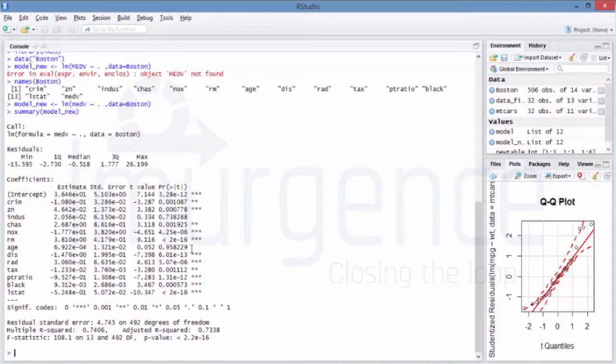So you just have to keep on writing these equations in this form. For example, in this case, what I'm writing on the screen, it will be like MEDV is equal to 36.46 minus 0.108 times crim plus 0.0464 times zn plus 0.0205 times indus plus 2.68 times chas and minus 17.77 nox and so on. That's how you're going to write the equation.